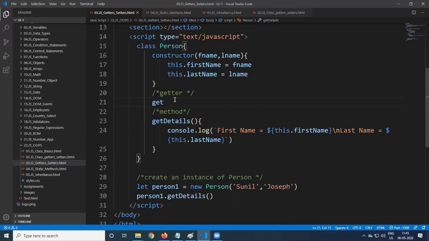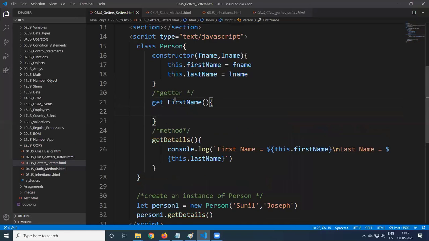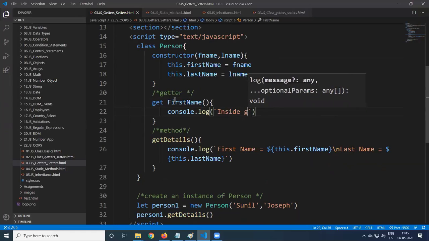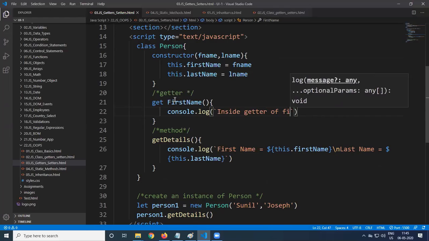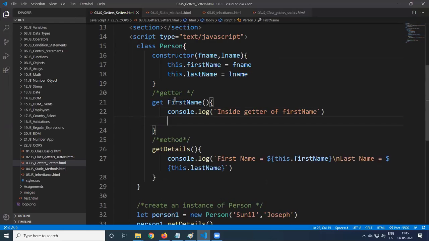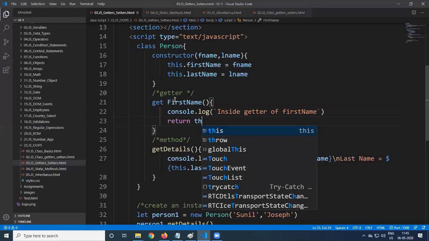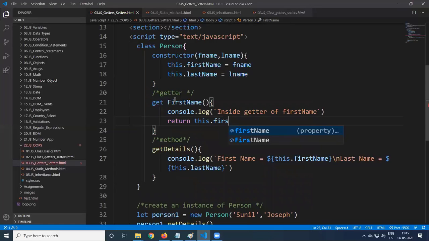Here, don't say firstName; I'm giving it with a capital letter: get FirstName. Just to know whether it is being called or not, console.log a message inside the getter of first name. The actual property is firstName with a small f, but the getter we define with a capital F. So return this.firstName, the actual property name.